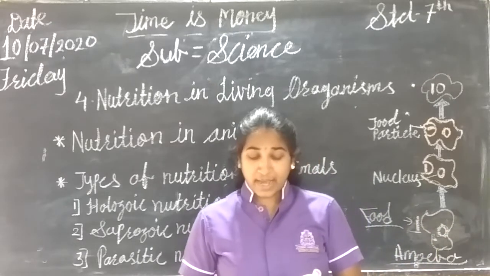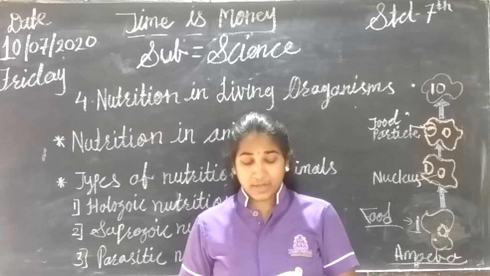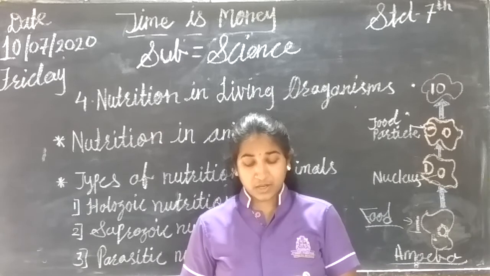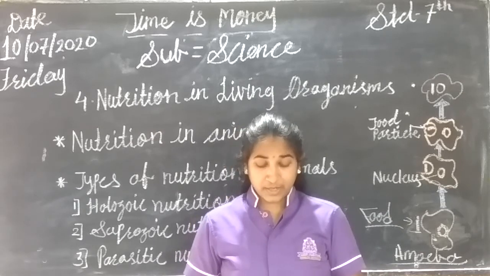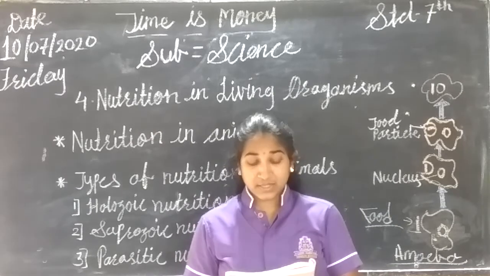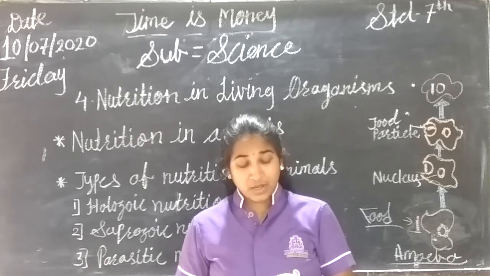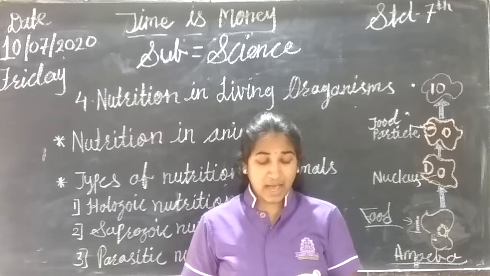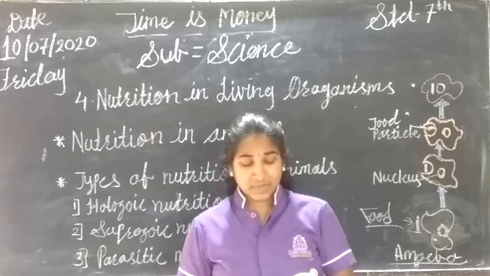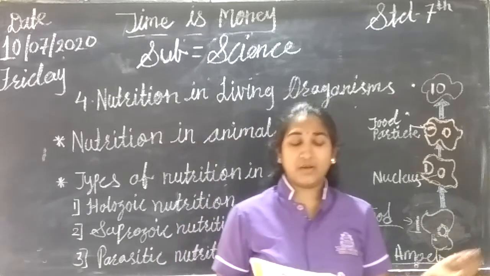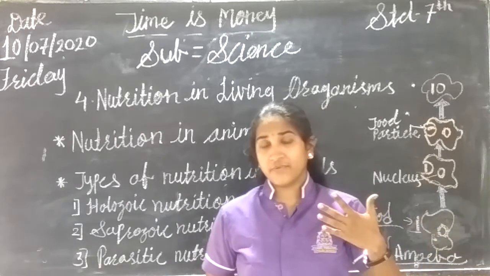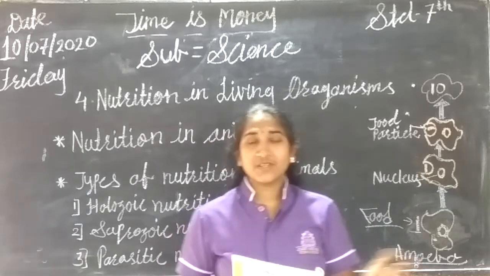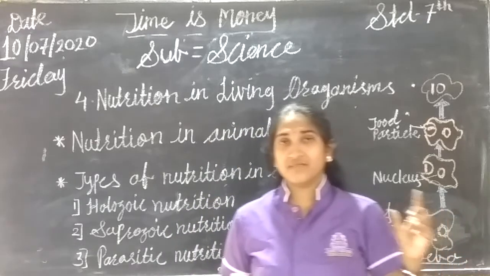In unicellular animals like amoeba, Euglena, Paramecium, etc., all the steps of nutrition occur within their unicellular body. Insects have mouth parts for ingestion of food. For example, insects like cockroach and grasshopper have biting, jaw-like mouth parts. See, have you seen or observed the cockroach, how they take in their food? They have a mouth, right? Can you see that? If you have not seen it, observe the cockroach